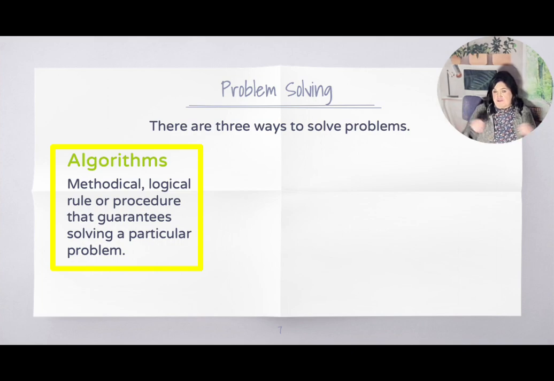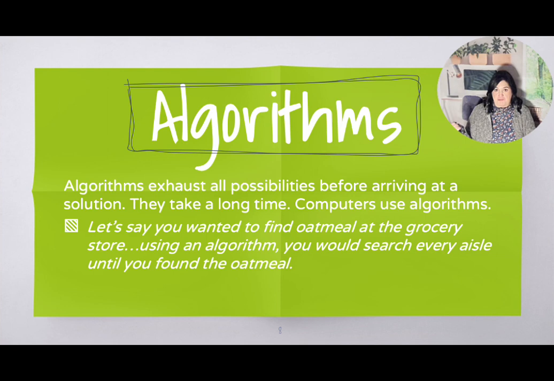Let's say you wanted to find oatmeal cereal at the grocery store. And here's our example, right? If we were using an algorithm, you would walk into the store and search every single aisle, and then every single shelf, and every single box, until you ran into the one that said oatmeal across the box. That would be an algorithm in real life, right? In real life, a heuristic,